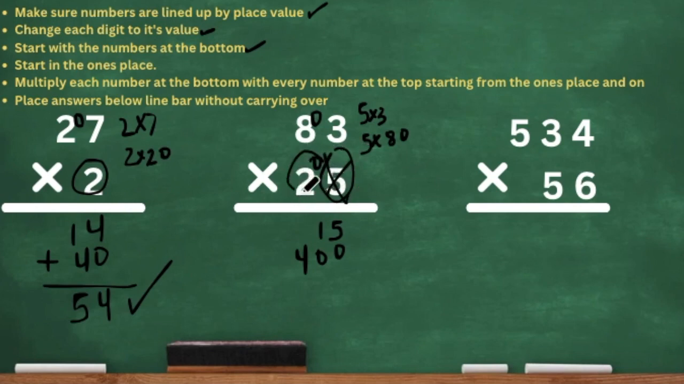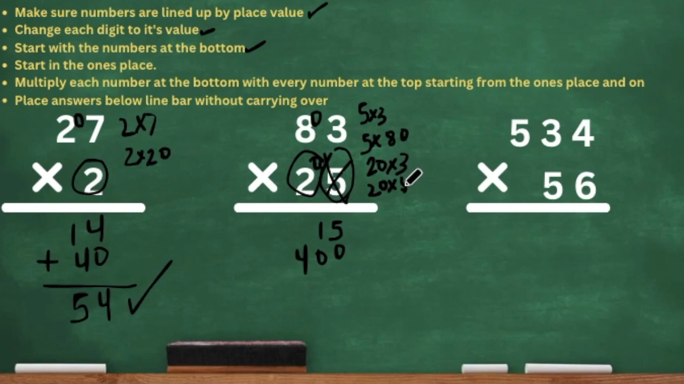So next we have 20. That 2 is really a 20. So 20 times 3, right? But I'm just going to go ahead and write my next equation too. So 20 times 80. I'm going to just get that out the way and write it. So 20 times 80 is